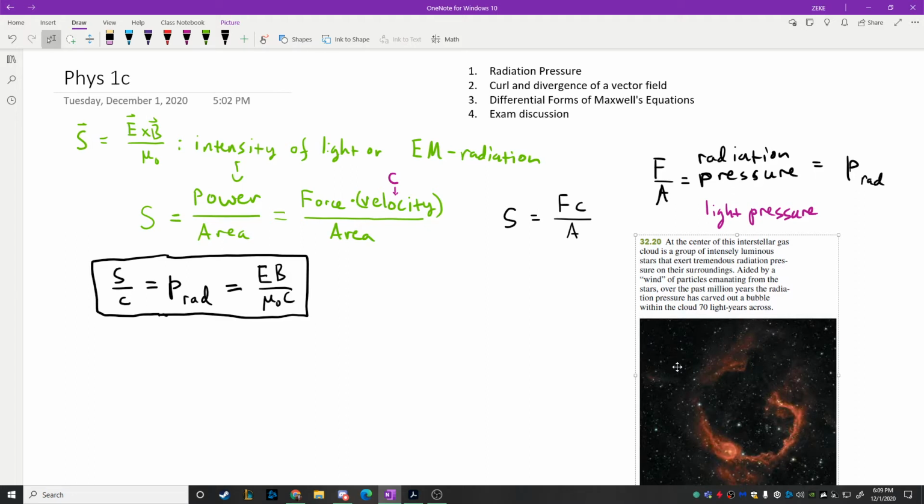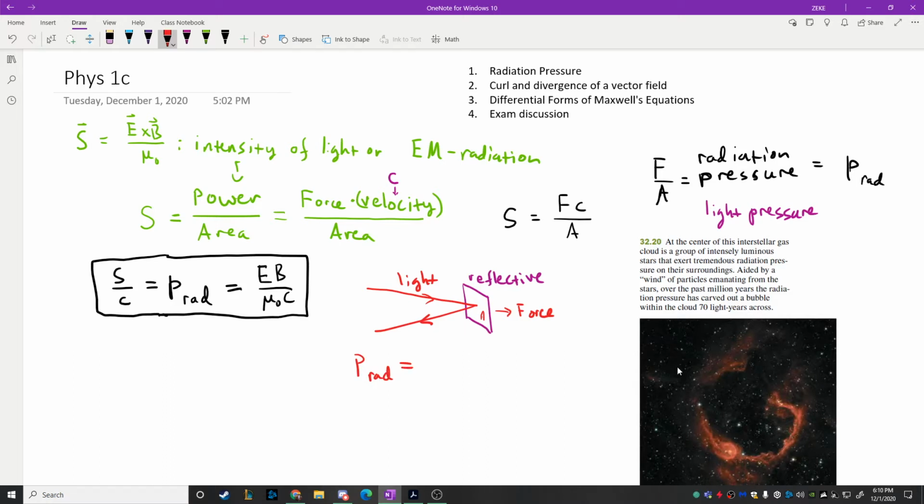To be clear, there's a range of ways in which this can happen. You can have a situation like the following, where you have a reflective surface, like a solar panel or a mirror, and you have a light wave and it comes in and bounces off. It's going to deliver pressure on the surface here. Like if the surface, we call it A, it's going to feel a force that's going to push it this way. But if it's reflective, you're going to get double the size of this over here. So the radiation pressure really,